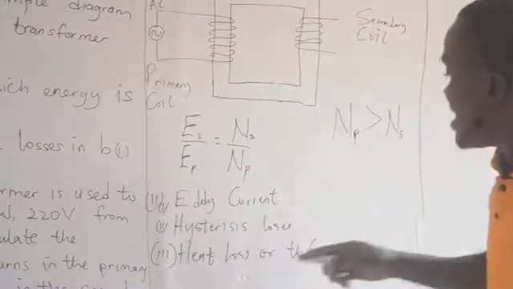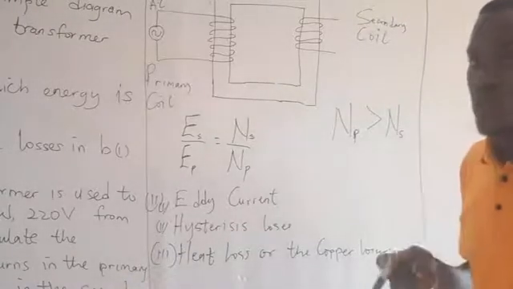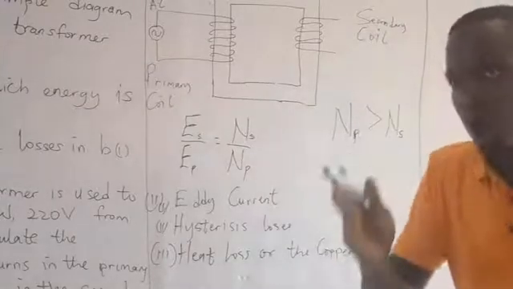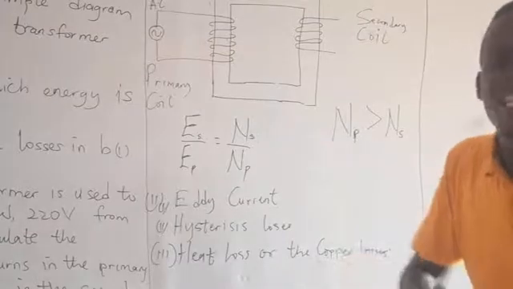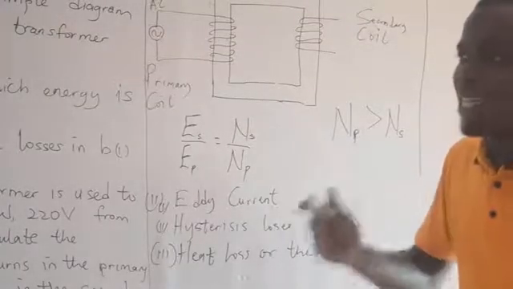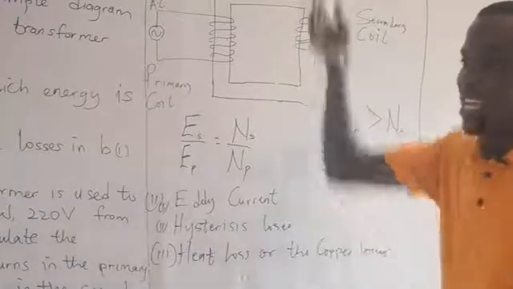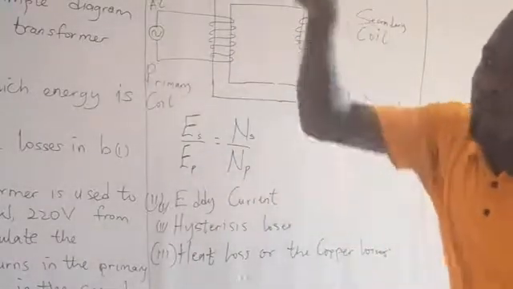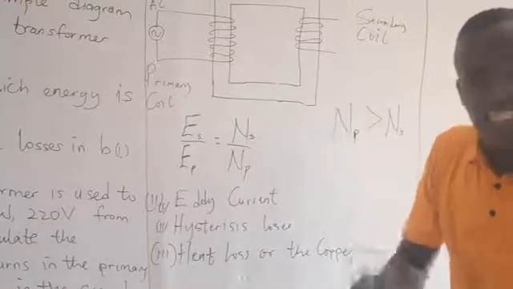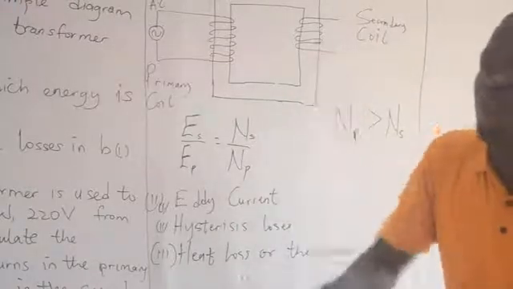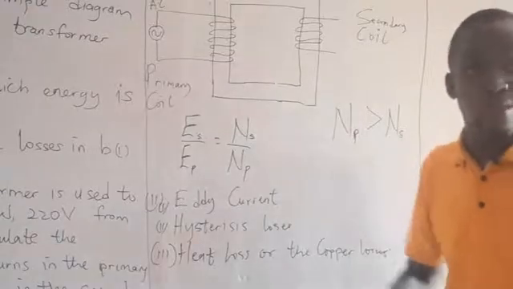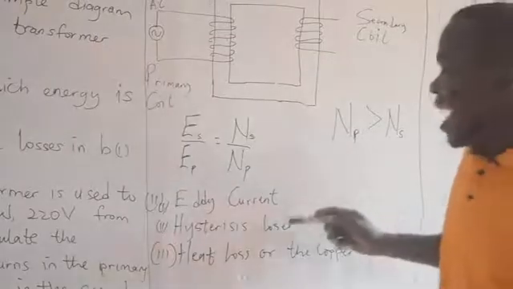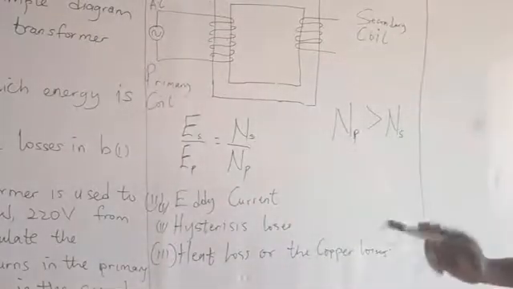So, that's for the hysteresis loss. Then finally, the heat loss or the copper loss. Now, take note, most conductors being designed for specific purposes vary in terms of their thickness. The thickness of these conductors varies. Just like in a transformer that distributes voltage to different houses, the cables that are being used are quite different from the one that goes to the houses, depending on the load and what they carry. So, if you look at this now, these are what we were asked to state.